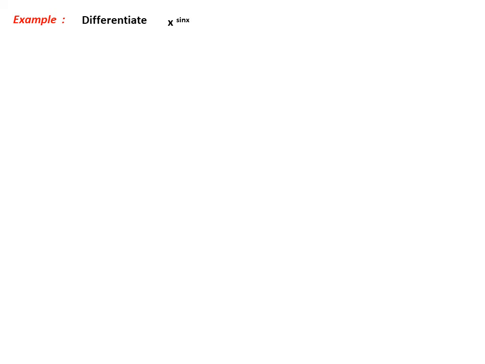Differentiate x^(sin x) + (sin x)^(cos x), same method. Here also, the very important thing is you have to take y equal to x power sin x plus sin x power cos x. This should be taken as u plus v. This is the only mistake students normally make in exams also. Directly taking log is wrong, because addition is there in between.